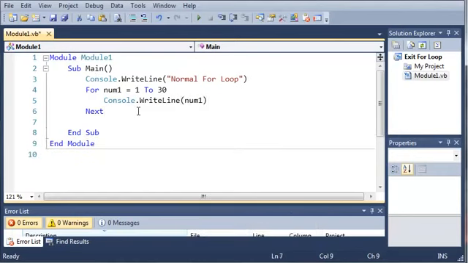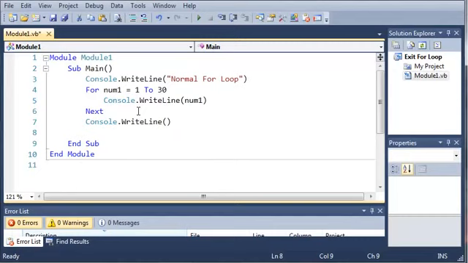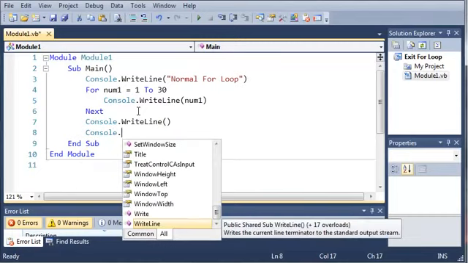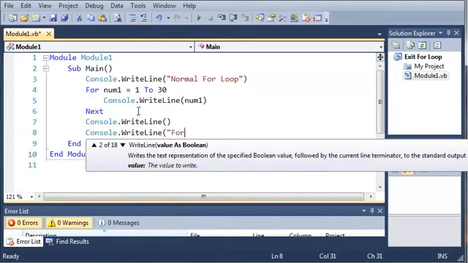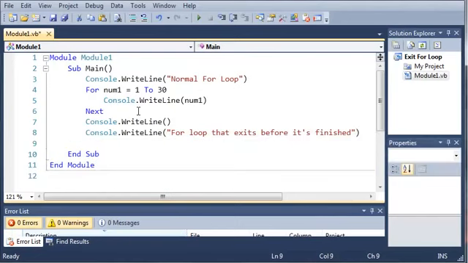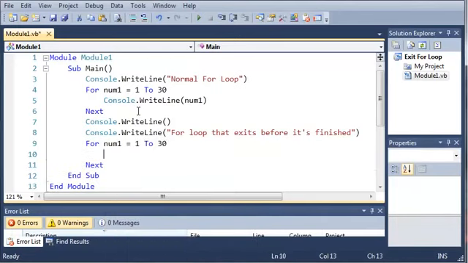So this is a fairly simple for loop. Now let's just add a space here, so there'll be an empty line. And now let's tell them that this is a for loop that is exited when num1 is equal to a certain value. So console.writeLine for loop that exits before it's finished. So now let's create another for loop. So for num1 equals 1 to 30, let's go ahead and do console.writeLine